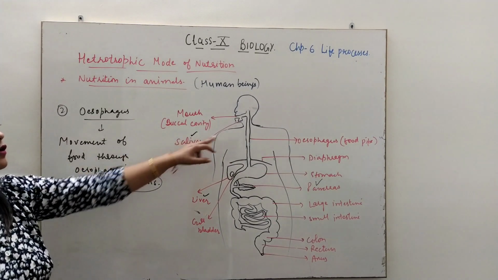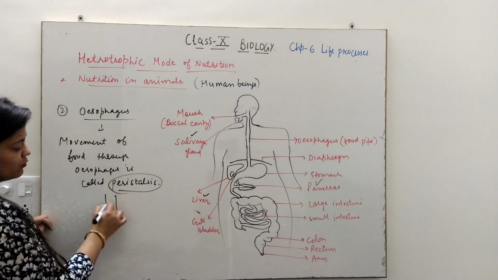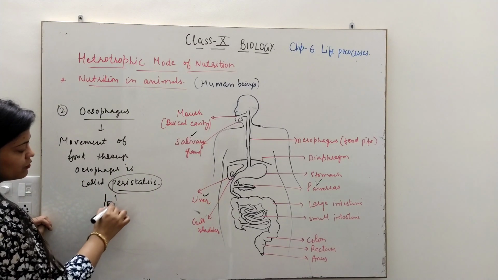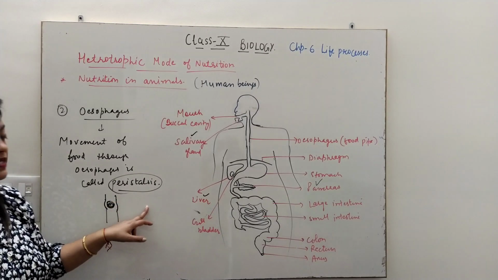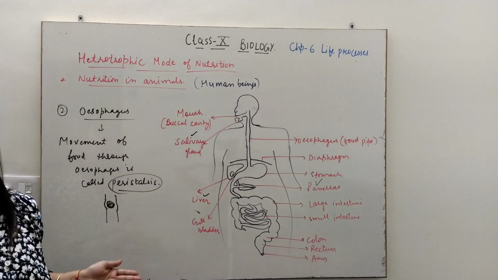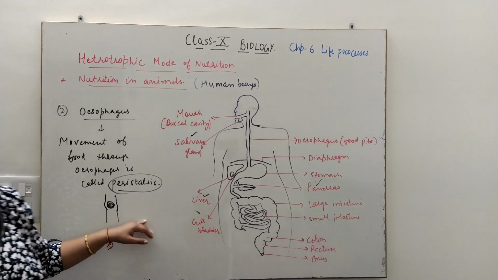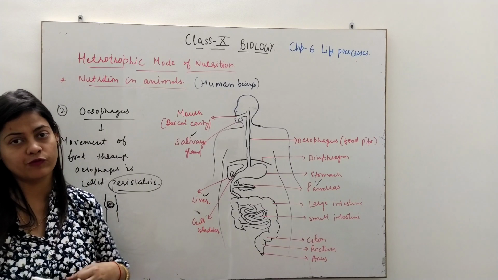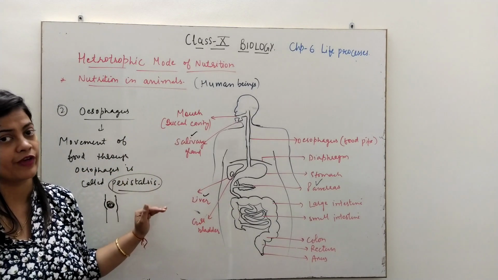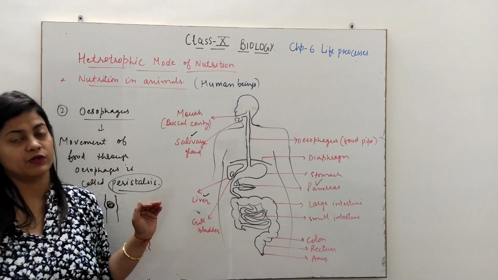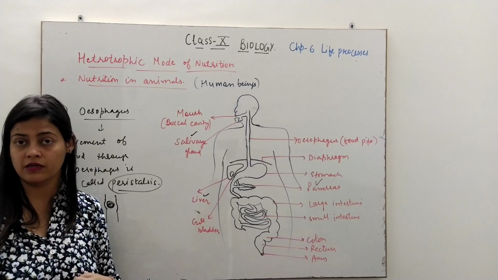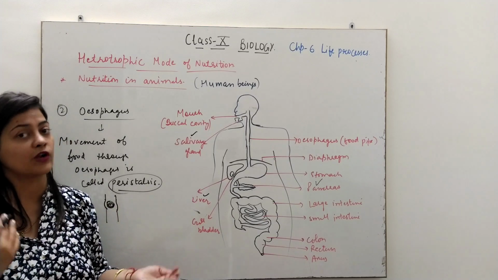Peristalsis is what? The movement of food from the esophagus downwards. If this is the food particle, it will pass through the esophagus through specific movements, which is called peristalsis, which is the actual contraction and relaxation movement of the muscles. After engulfing food, the further movement is done by the muscles present in the esophagus, which are involuntary muscles, because we have 2 types of actions, voluntary and involuntary. Voluntary are under our control. If I am moving my hand, this is a voluntary action.